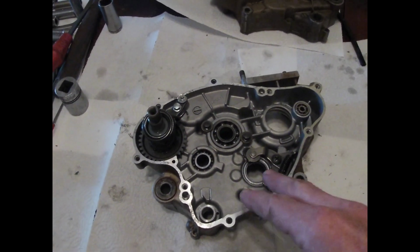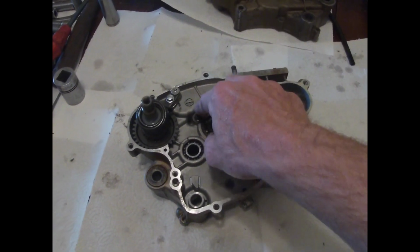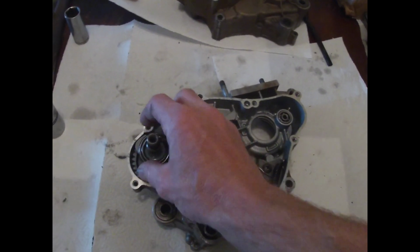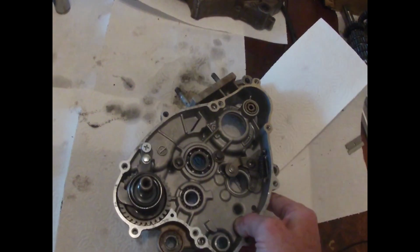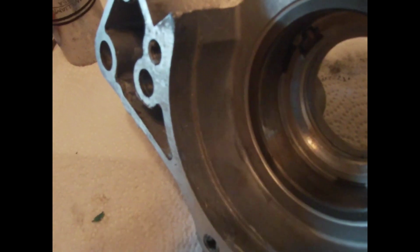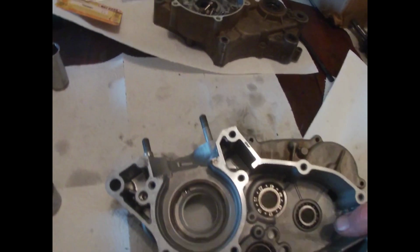Got complete bearing kit, seals kit, so we can heat up this case a little bit, knock these bearings out. Got to pull these retainers out yet. Already got that bearing out there, and I noticed it did spin. I don't think any of that will come out yet. Well, so much for my cool paper towels not sticking. You can see a little bit in the case there where it had spun, but it was stuck in there,